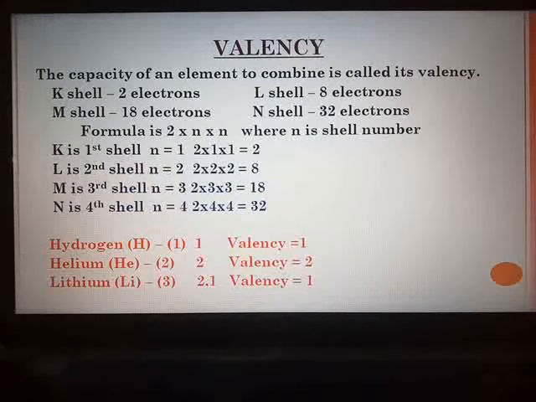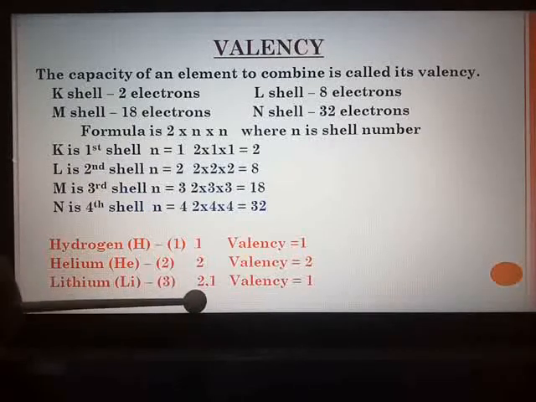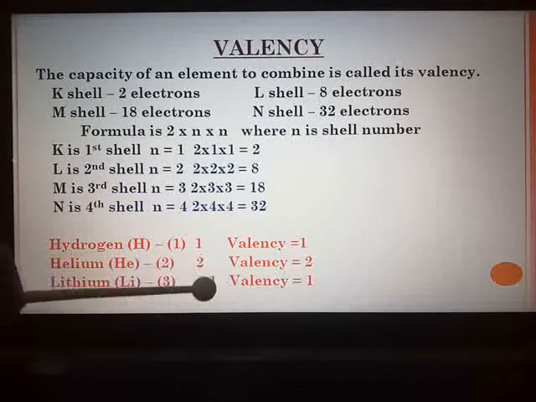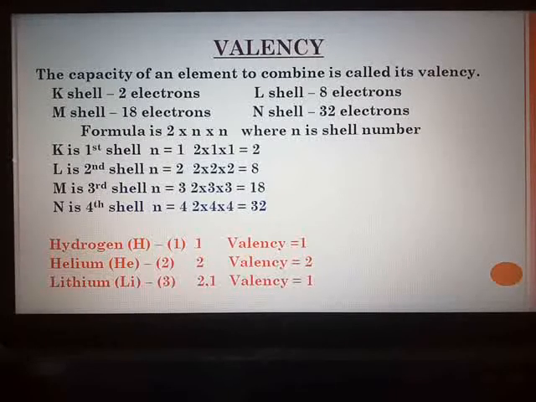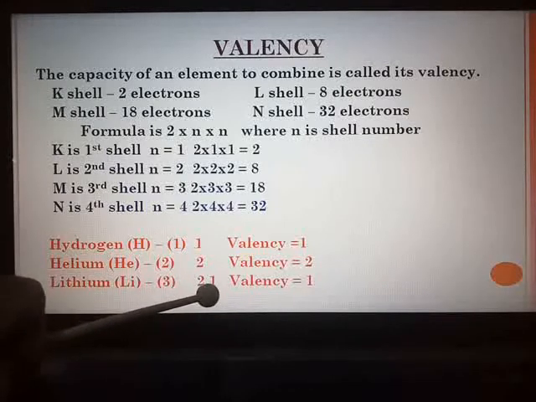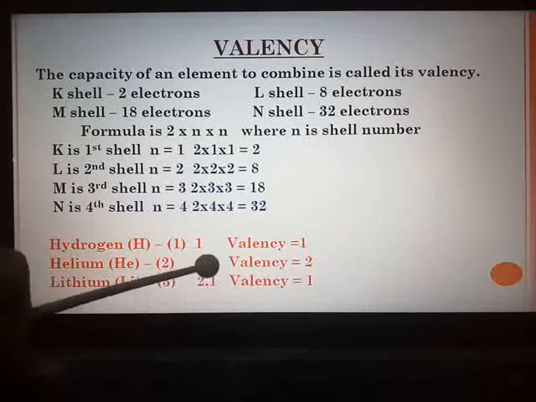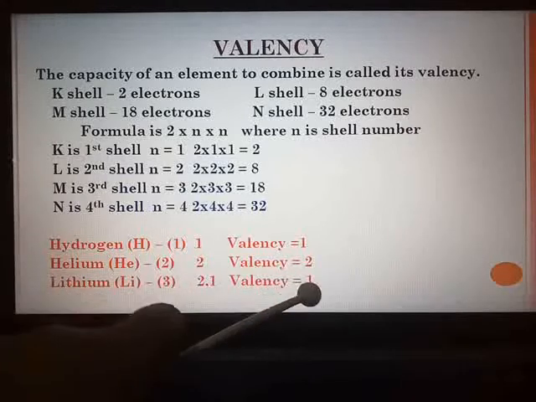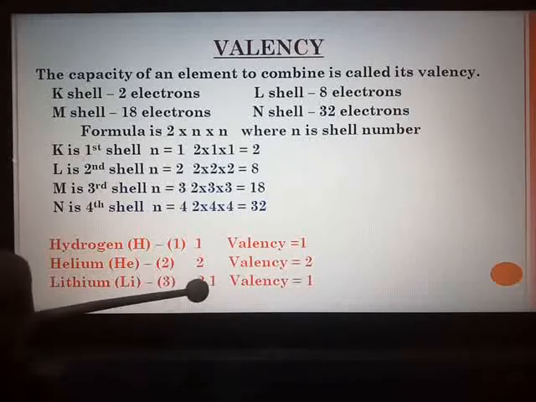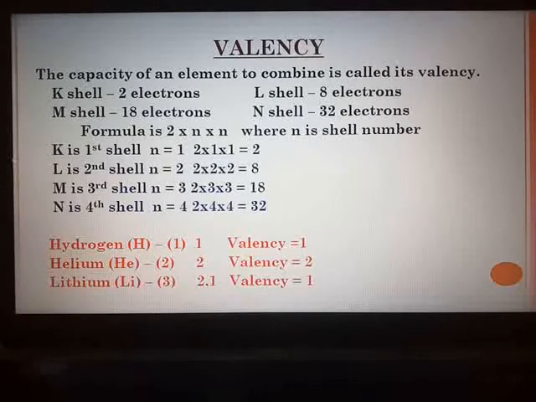So always when you are representing the elements in the next shell, you are going to segregate it with the help of a comma. This is the way to write the electronic configuration. Electronic configuration means what? Configuration, placement of electrons in their orbits. So 2, 1. Third electron will go in the second shell. Now here valency will be 1. Why 1? Because in the second shell there is 1 electron.